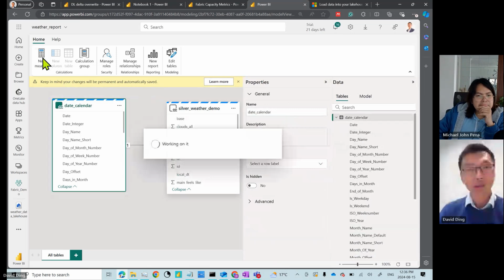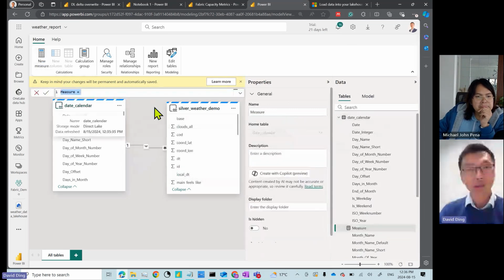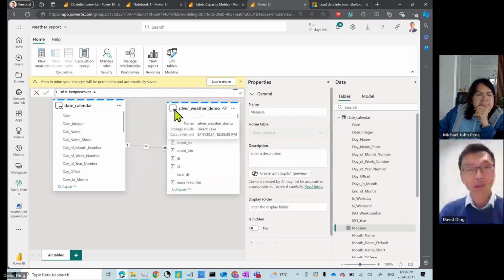From here, I'll just create one measure: minimum temperature equals the minimum of